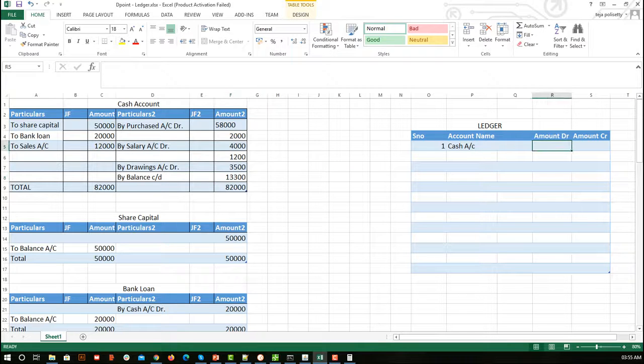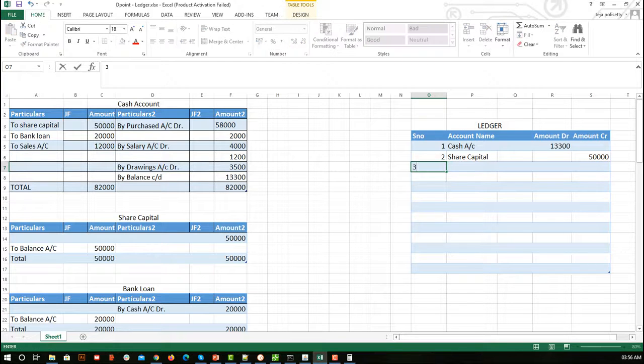So we will say the amount Dr, that is on the left hand side, whatever amount we have more, that we are going to write, so 13,300. I hope this is clear. So similarly, what is our next account? It is share capital. Okay, so here you can see we had on right hand side 50,000 more, that's why we have written to balance account 50,000. So it has 50,000 more on the right hand side, so that's what we are going to take and we are going to put it under the CR.